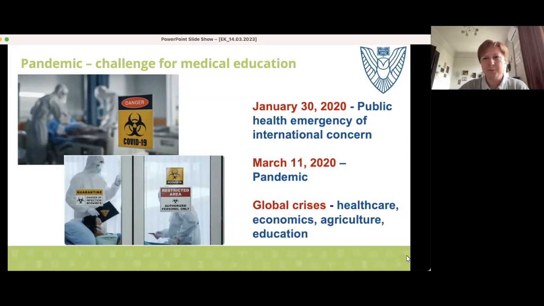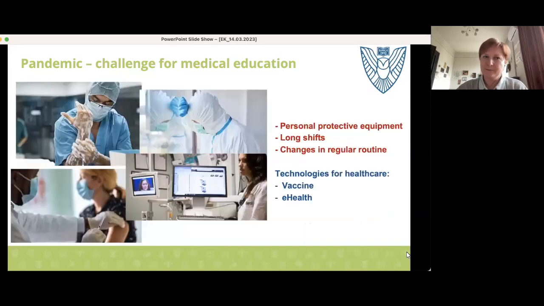And here comes the point with the global crisis, which affects the healthcare system. First of all, we all remember very well the challenge for the Italian healthcare system and afterwards for the US healthcare system. Georgia was also among this challenge, but not only healthcare; economics, agriculture, and education were affected, especially in case of the challenge related to this pandemic period.